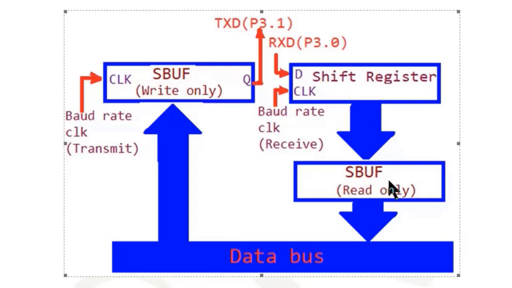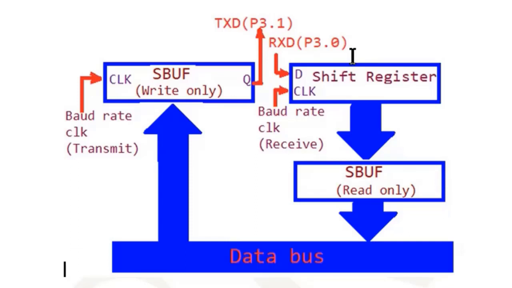Now what will happen in this case, again while receiving the data, at that moment while the last bit is received, last bit কি bit, last bit হচ্ছে end bit, while the end bit is received, at the middle of that end bit one flag will be high। সেই ফ্ল্যাগটা কি, এক্ষেত্রে রিসিভ ইন্টারাপ্ট ফ্ল্যাগ, RI ফ্ল্যাগ। তাহলে যে মুহূর্তে রিসিভ ইন্টারাপ্ট ফ্ল্যাগটা হাই হবে, at that moment microcontroller will understand that the full data has come into the SBUF register।